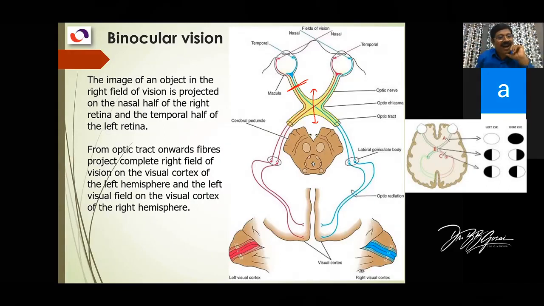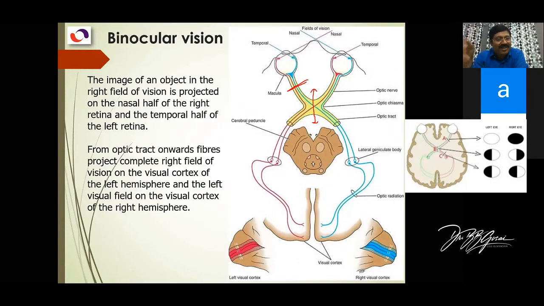So I will call it bitemporal, because the circle is half. We call it hemi, because it is only temporal. The nasal half is normal for the field of vision. So it is bitemporal, hemi, half. An means loss, opia means vision. So I'm connecting the words now: bitemporal, hemi, an, opia. Loss of both sides of the temporal field of vision, which is half of the field of vision. So this is the terminology used for damage to the optic chiasma. What is the condition? Bitemporal hemianopia.